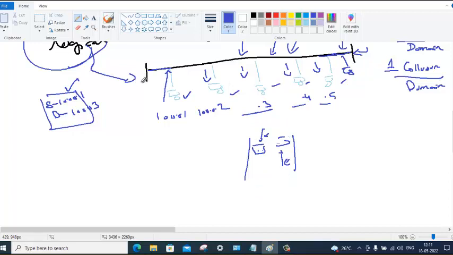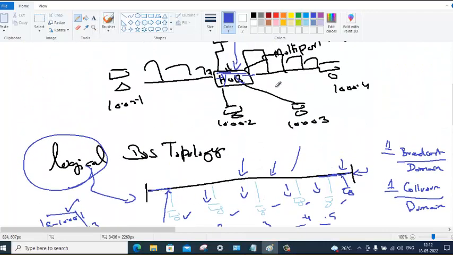That is why what they did, they put a splitter for going this way, for coming this way. That prevents a lot of problems actually. That avoids a lot of collision, which you don't have in a hub. In a hub, you got only one broadcast domain, one collision domain.